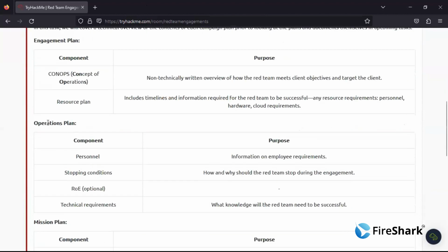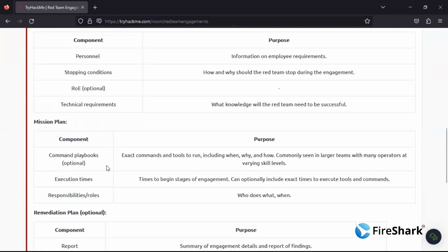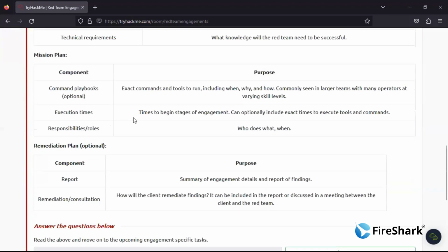So in the operations plan, the components are personal information of employees, stopping conditions, how and why the red team should stop during the engagement, ROI is optional, and technical requirements, like what knowledge the red team will need to be successful. And the mission planning, command playbooks, these are optional. So execution times, the time to begin stages of engagement, the responsibilities, who does what, and the report. Okay,